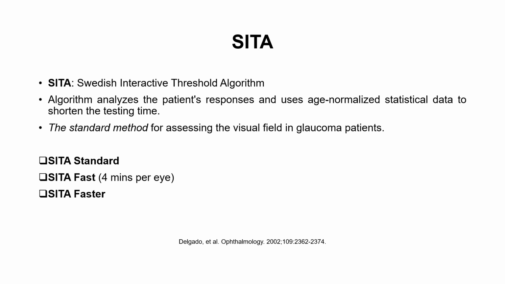For SITA Standard, it's like the full threshold strategy that we talked about in sensitivity and accuracy, however, it's twice as fast as the full threshold strategy that we talked about previously. However, SITA Fast is like the suprathreshold algorithm in sensitivity and accuracy, but twice as fast as the suprathreshold algorithm. It takes only 4 minutes per eye, as I said, but it's less accurate and sometimes underestimates scotomas,